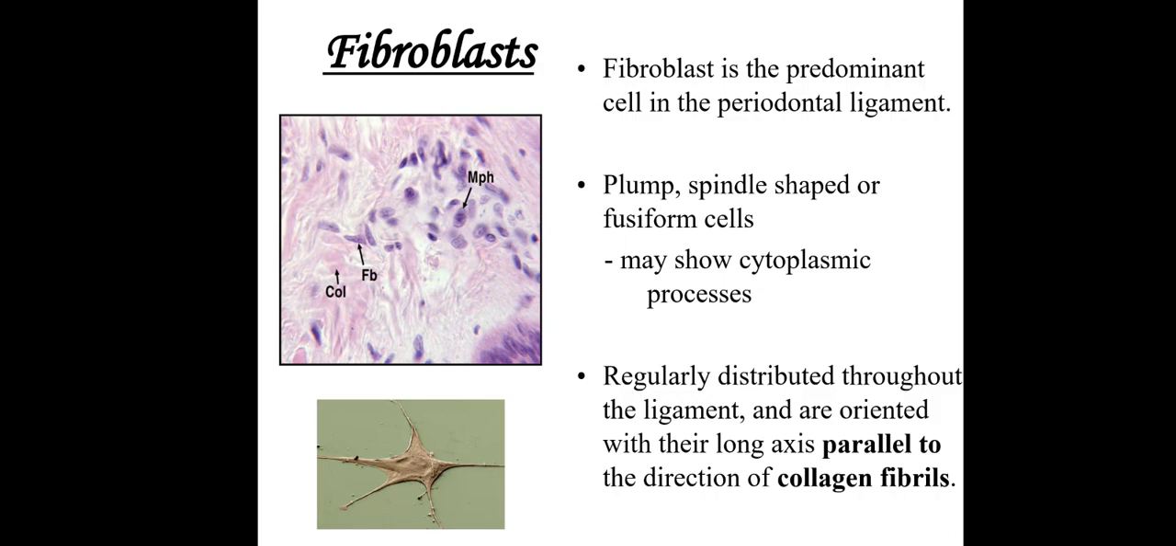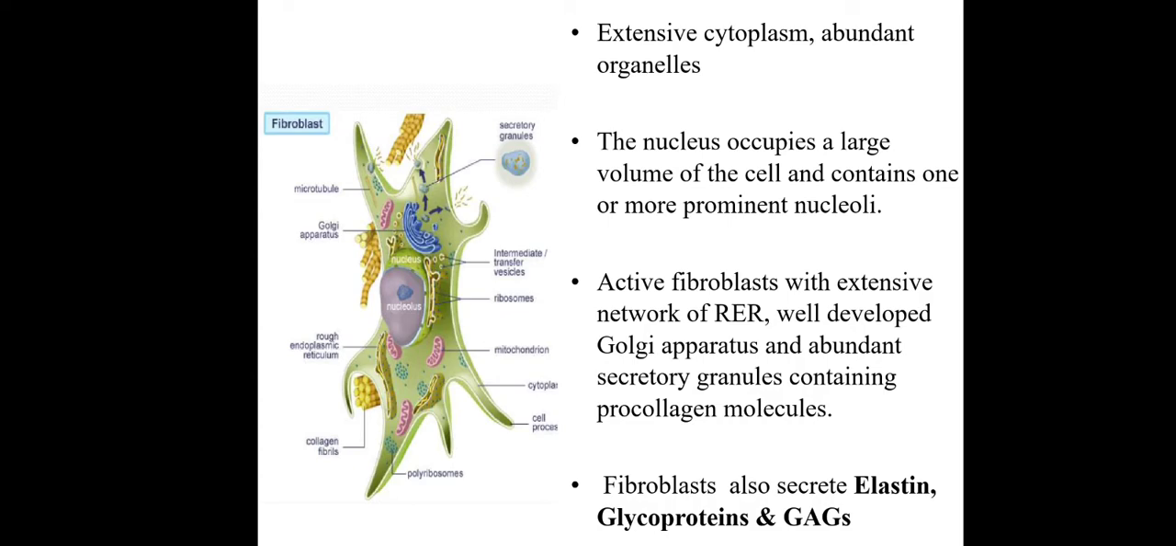The cells are usually distributed throughout the periodontal ligament, and their long axis will be parallel to the direction of collagen fibers within the ligament. The cells have an active synthetic function because the turnover rate of periodontal ligament fibers is very high, and as a result these cells are constantly in an active state. They will have extensive cytoplasm with abundant cell organelles and a very large nucleus which occupies a large volume of the cell